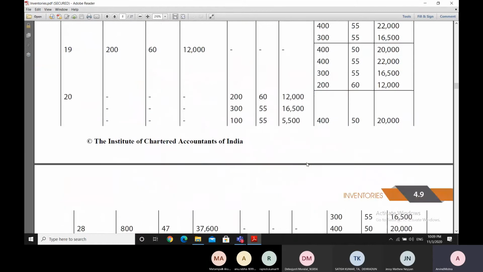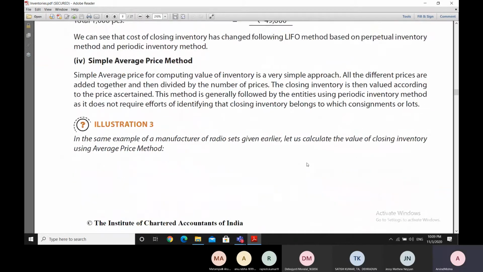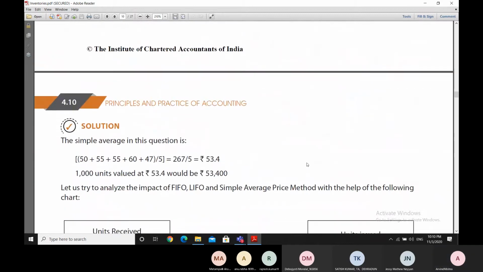So now let us see the simple average price method. We are taking the average of all the 5 prices. We are not restricting ourselves to 60 and 47 only. In fact, we are taking the average of all the prices that were available earlier. Now, if we were to take the average of only those prices for which the material is available, then we would have used 60 and 47. But here, we are broad basing the price to take the average, and therefore we are using all the prices which were available